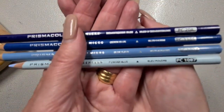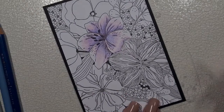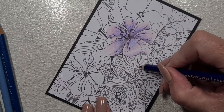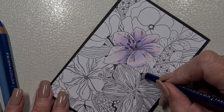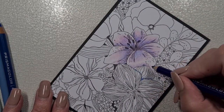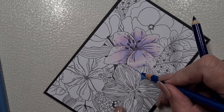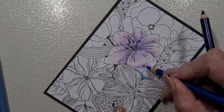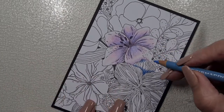So these are our next colors, so they're all blues. Over on my blog there will be all the colors, as I said. I'm trying to keep this sort of, and show you a couple of petals, and I have now obviously zoomed in, and forgive me that I didn't do that before, but I think I was trying to get this done before I went away